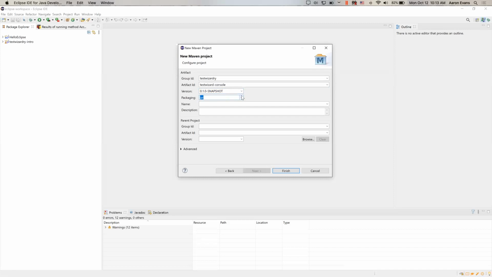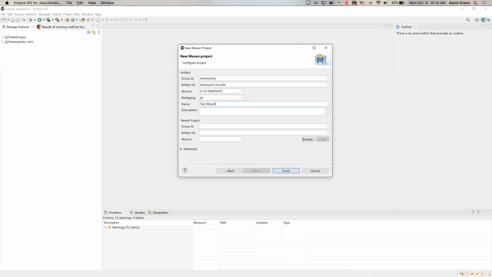Now, packaging, you can release. Maven not only allows you to build a project, but it allows you to package it and deploy it. So it could create a POM, which is a project object model. We'll talk about that. A jar, that's the standard. That's a Java archive, or a WAR, which is a web archive, which is a jar with a manifest XML that tells you how to deploy it on a web server such as Tomcat or Jetty. So we want a package of jar, and then you can